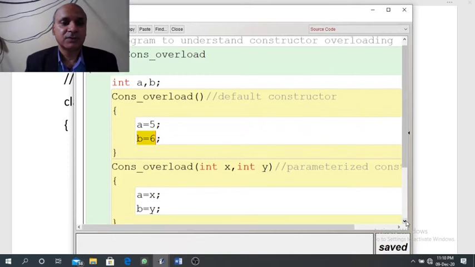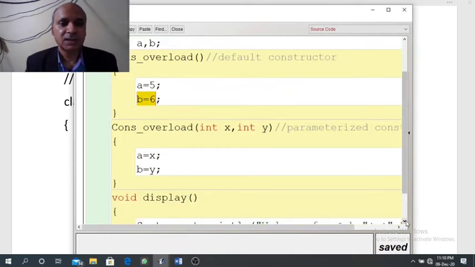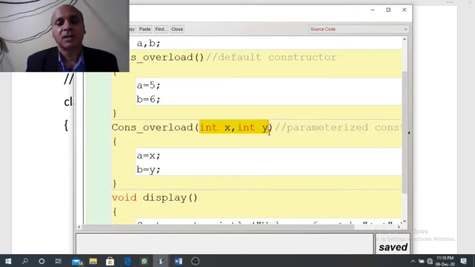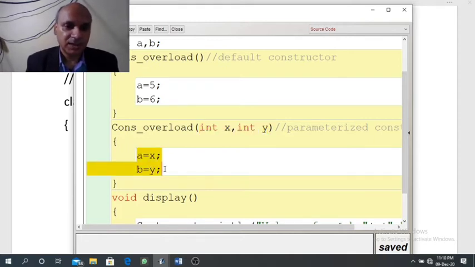Now in case of second constructor, that is parameterized constructor, when we execute this constructor, since it is parameterized, it will ask two values from the users. So two values will be stored in x and y, and a and b will be initialized with the values of x and y.